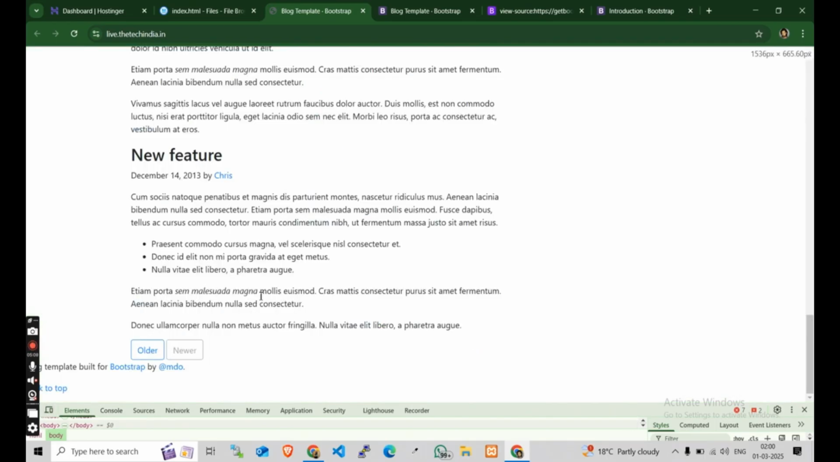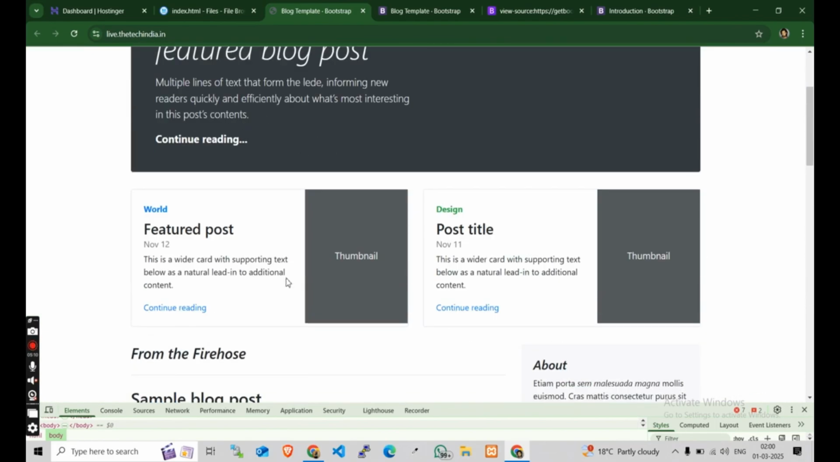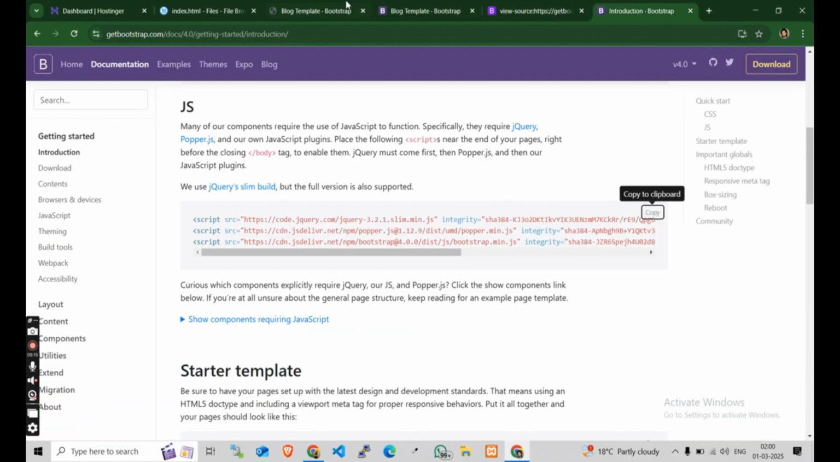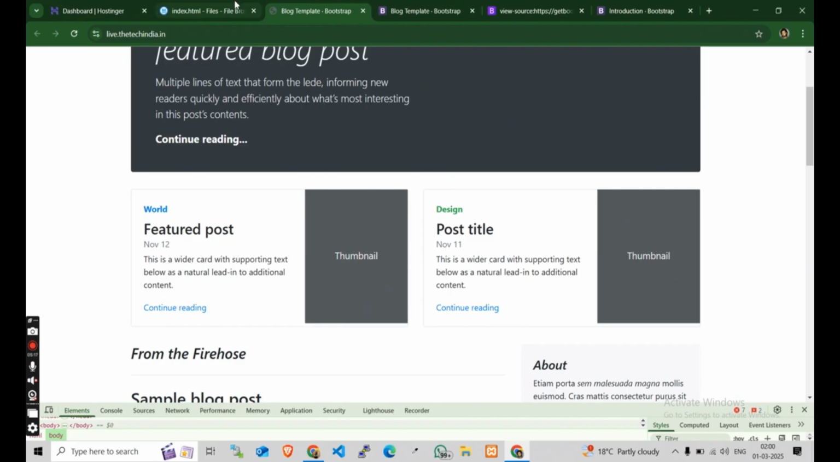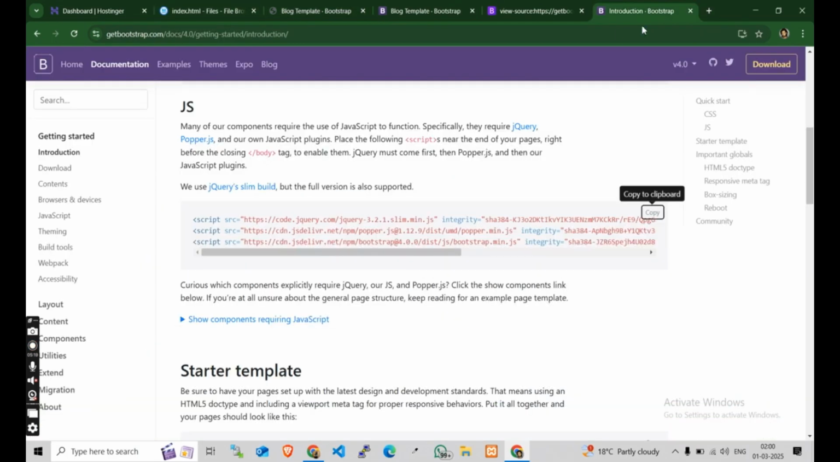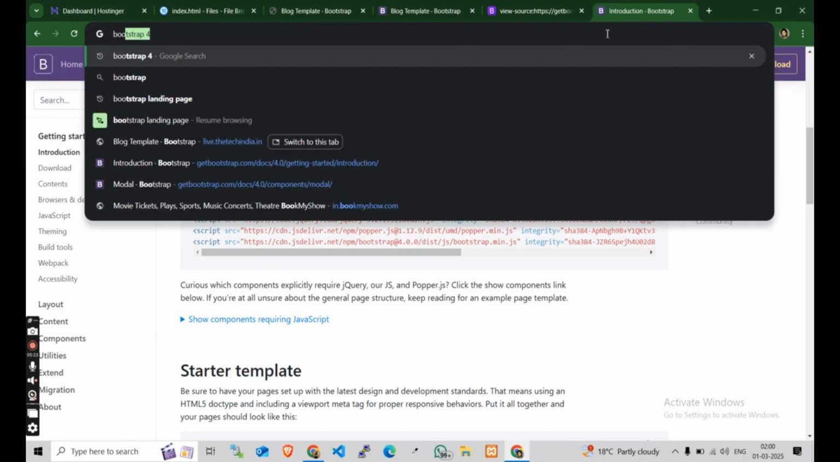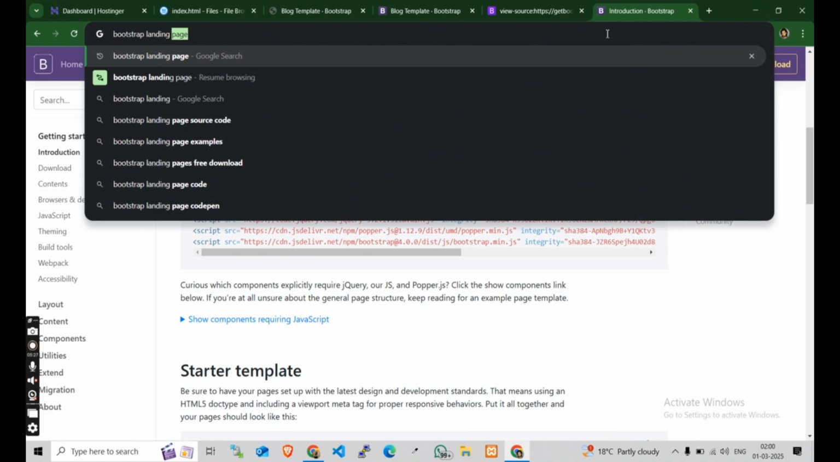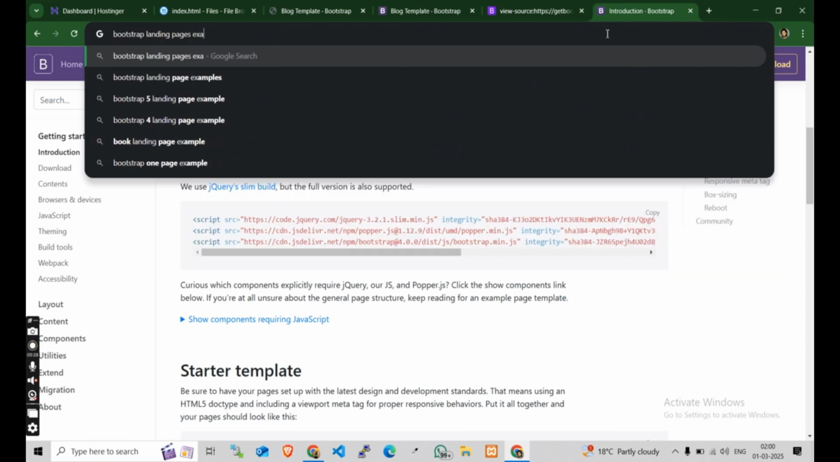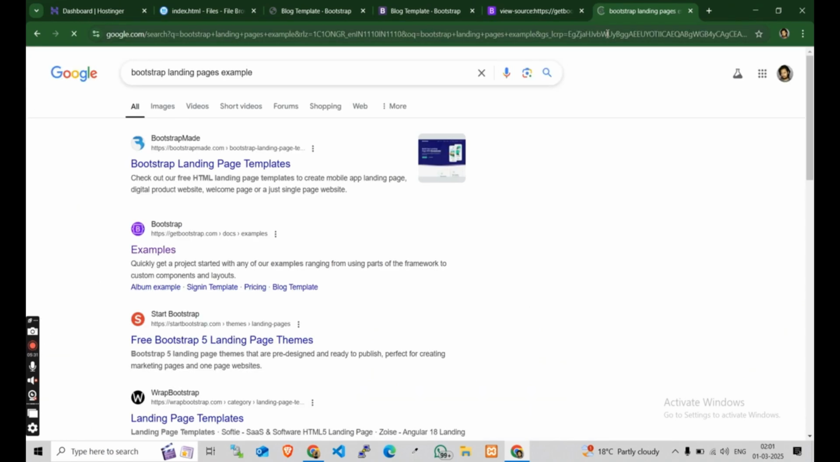So this is our landing page which I have copied from the Bootstrap template, and I have pasted another thing just for a CDN to design this in a proper manner. So this is how it's looking now. Now I am going to search for another landing page. For example, this type of landing page, I will search also related with Bootstrap,